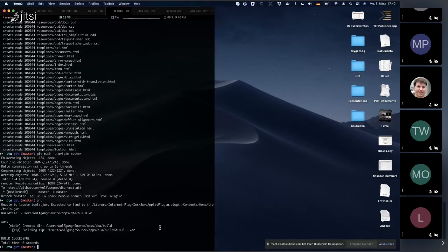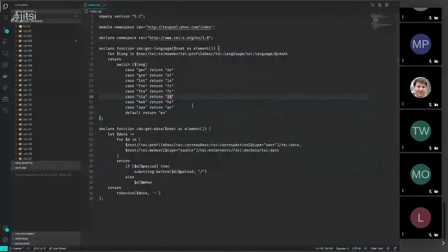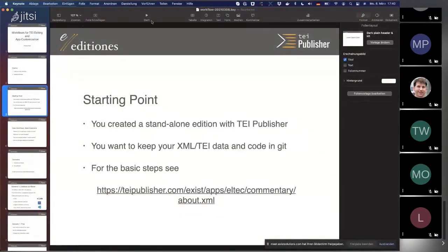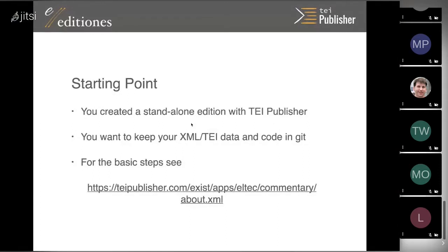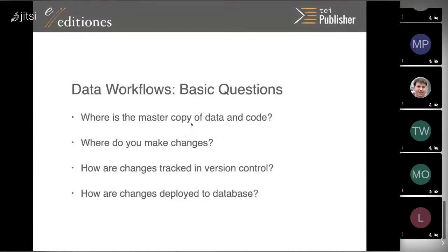For now, we'll talk about different workflows first. The basic questions you have to ask: you have two things. You have your application inside eXist as an XML database. You also want to keep a copy of that data within a version control system. And there are at least two basic ways to approach this. And the question you have to ask yourself is,